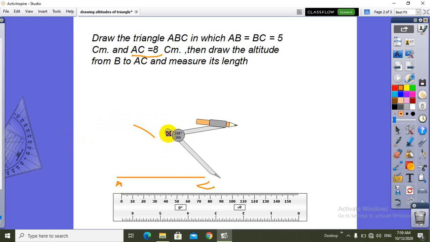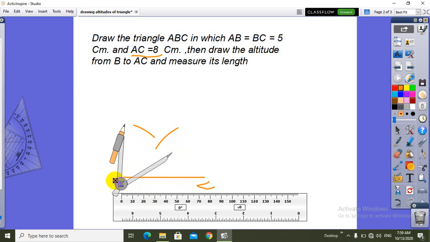And put the compass on the other point of C and move it slowly. When it is near to intersecting, I will use this pencil to draw the second arc, but they aren't intersecting. Then I will make it back to this point,